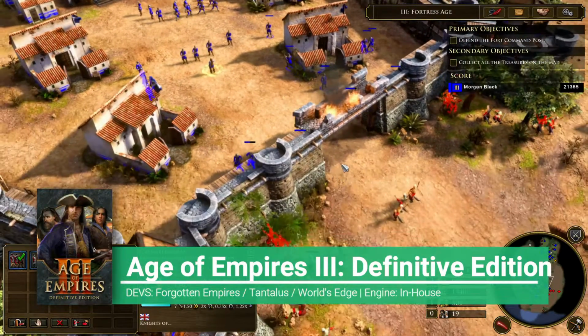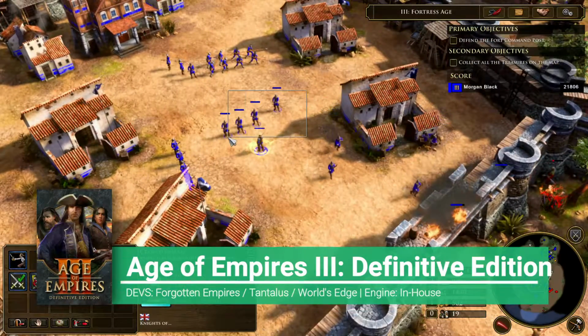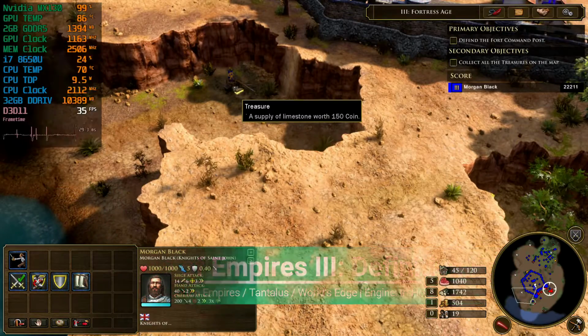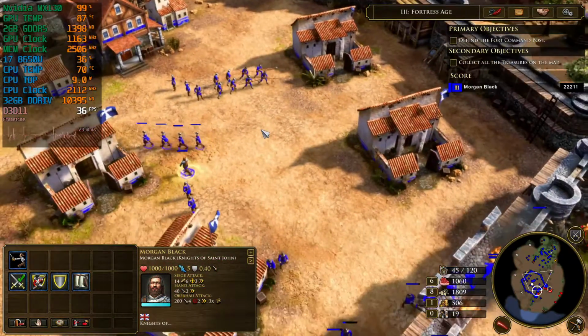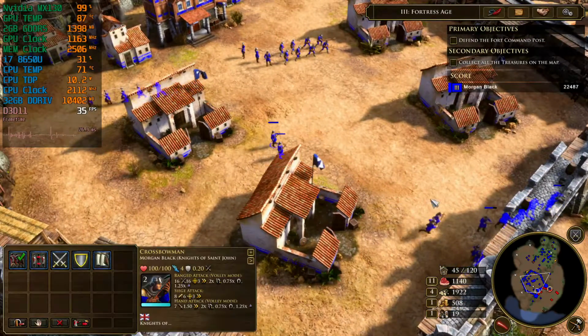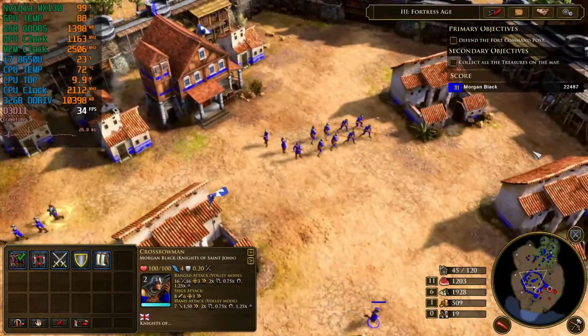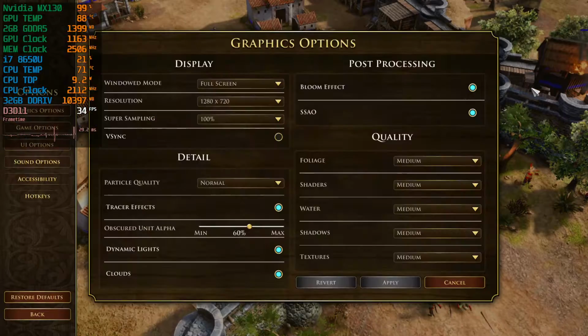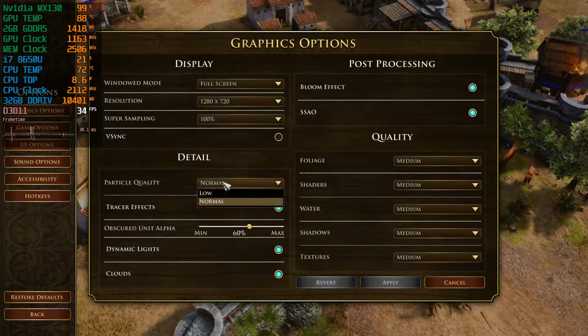So for today what I have here is Age of Empires 3 Definitive Edition. This is a remaster of the classic Age of Empires 3, developed by 3 different developer teams, and they are using their in-house engine for this. I'm not really sure if this is the same engine, but surely it is improved compared to the other one. So let's take a look at the graphical settings that I'm actually using for the MX130,